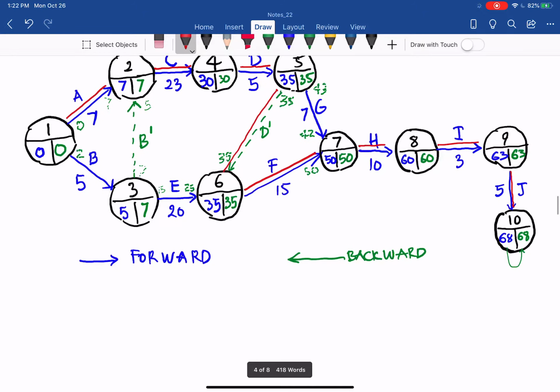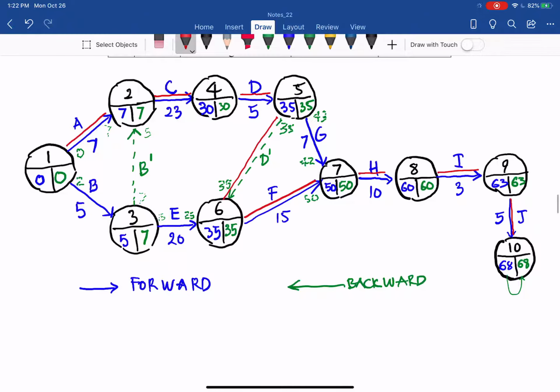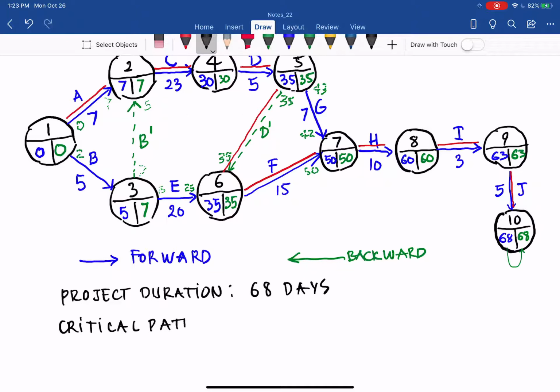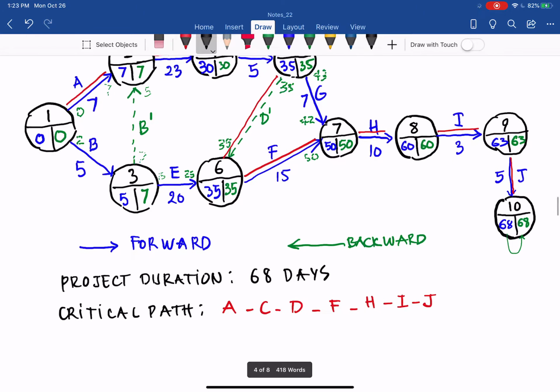So let's put one here. We can say that project duration (68 days), and then we have critical path that we can see, go through A, and then C, D, F, H, I, and J. And then we also have critical activity